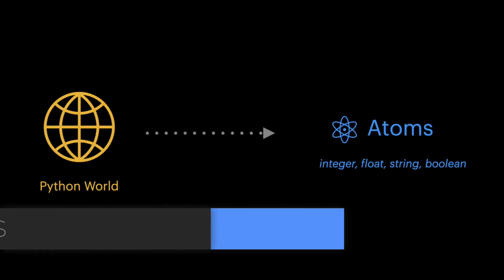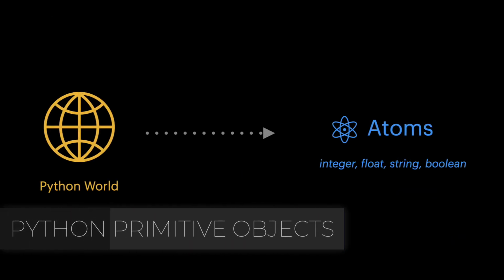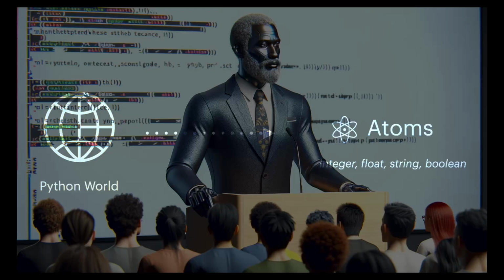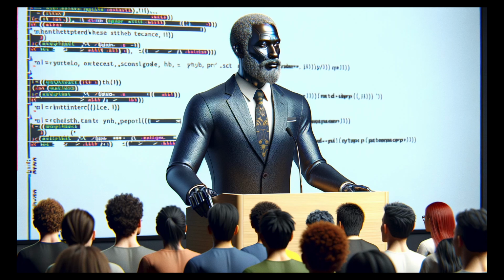And the Python world consists of 4 types of atoms. The 4 types of atoms are integer, float, string, and boolean. So, our initial Python world, a simplified abstract world, consists of 4 types of objects or 4 types of data. I want you to remember the word type. This will become very important as we proceed in our study of Python as a world and Python as a